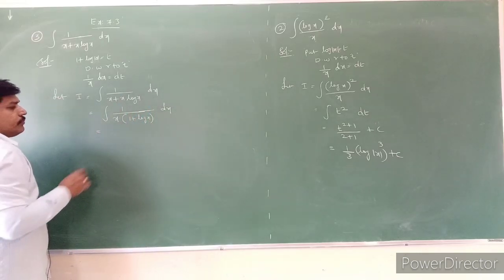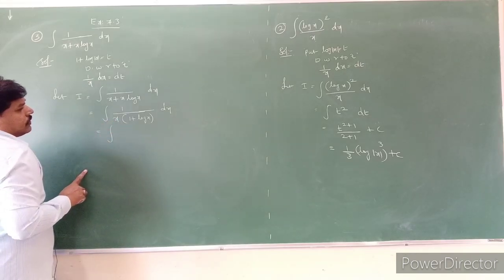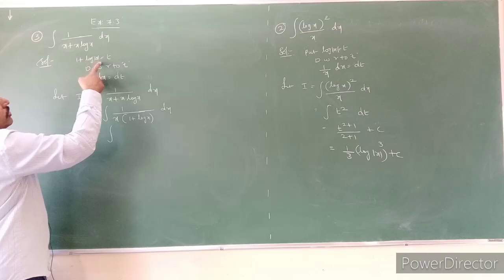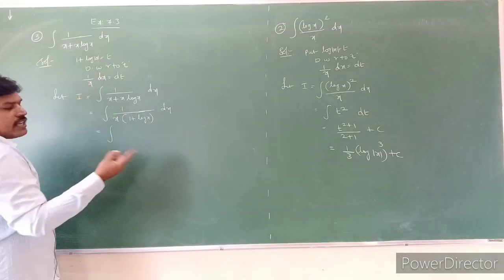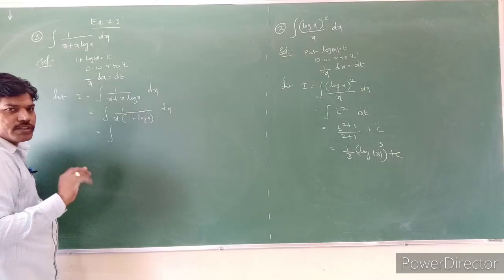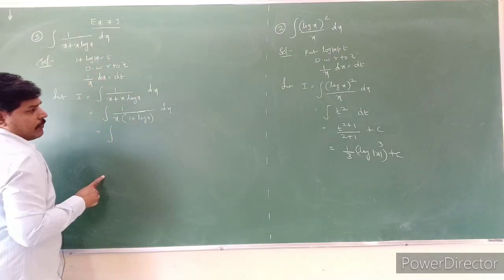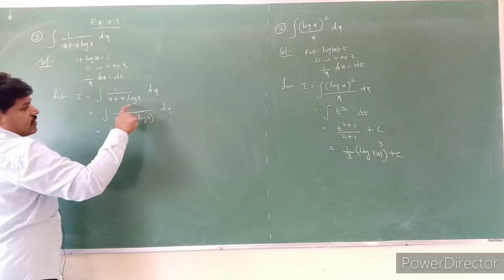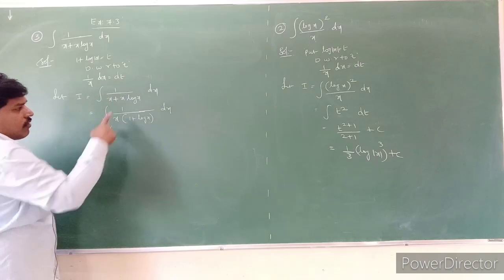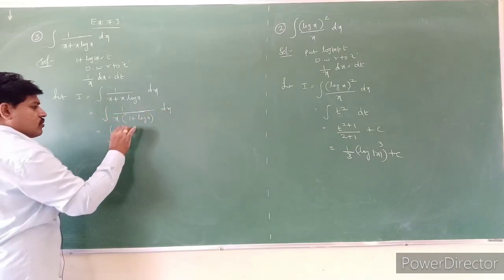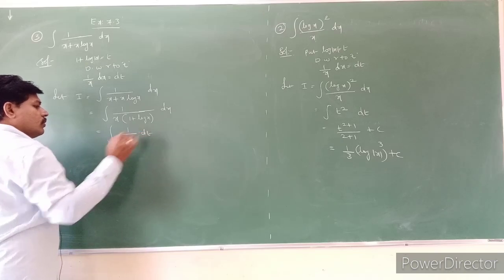So that is equal to the integral of, 1 plus log x is equal to t. 1 plus log x, log of mod x, log x, nothing will be changed here, that is, x value is positive. Okay, don't confuse with that one. So 1 plus log x is equal to t, and 1 by x into dx value will become dt. So automatically the problem will become 1 by t into dt.